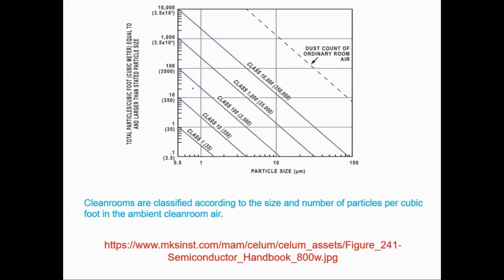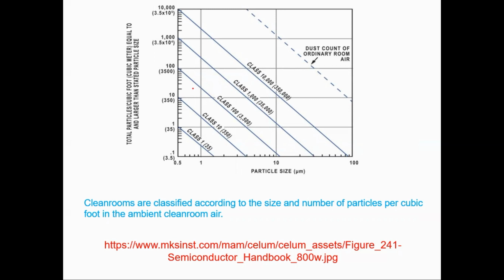actually minimize them. So this is the slide, and here you can find on the x-axis the particle size from 0.5 to 100 micrometer, and on the y-axis the number of particles that is allowed. So when we talk about class 1, 1 micrometer particles are allowed but not more than 35. So if in a given cubic foot or cubic meter, oh sorry, volume of the room, you take a sample, and if the number of particles is less than 35 of this size, then